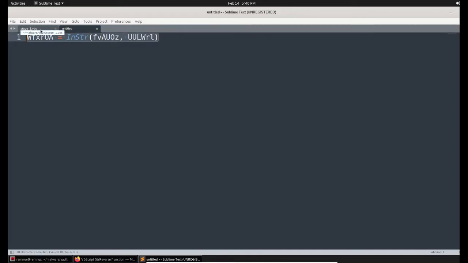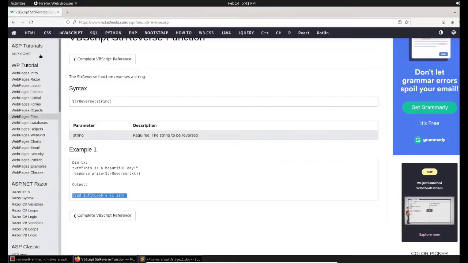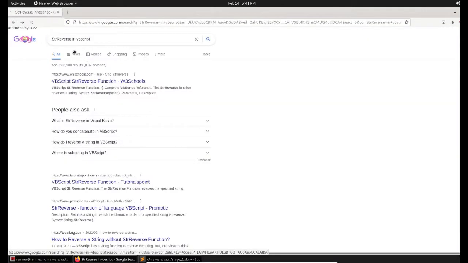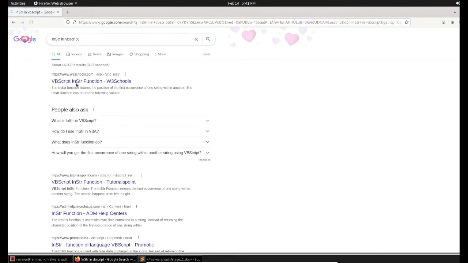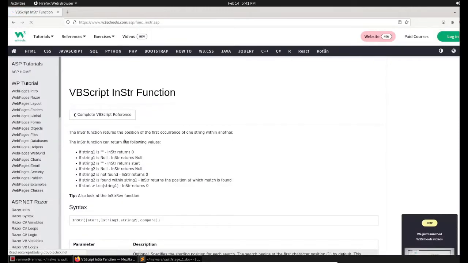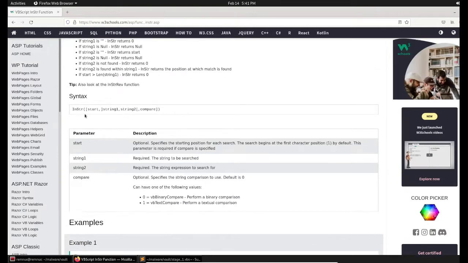What is InStr? Let's learn that. Now the function is InStr. So if I go here and look for InStr in VBScript, let me learn what InStr is. So this is the syntax. If you see this syntax, the InStr function uses two arguments, string 1 and string 2. String 1 and string 2 are mandatory arguments, but the arguments given inside the brackets are optional.